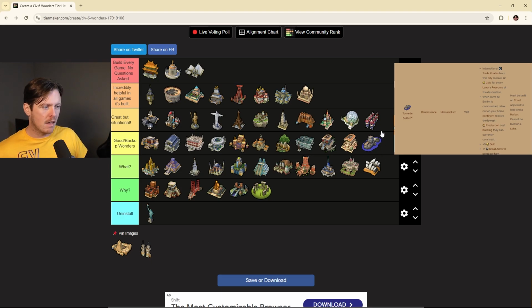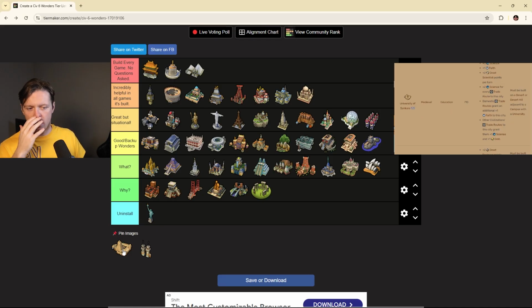I think it's a good wonder. I think the abilities it gives you are nice. It doesn't come too late in the game to not make use of those abilities. And even if the building one is not helpful for you, you can really synergize the trade route one really well with a lot of other aspects of the game. So yeah, good wonder. University of Sancor is a wonder that's great conceptually, but